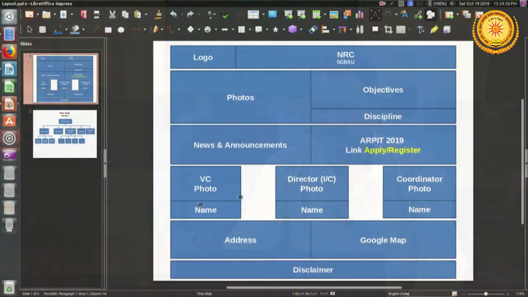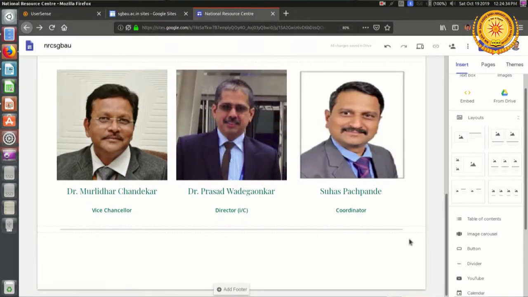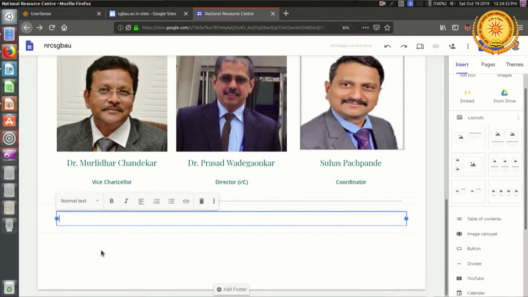So, now let us find what is the next object that is to be displayed on our home page. So, go to our layout. So, below these photographs we have shown the address and the Google map of our HRDC. So, go back to our site design. Here, since I have to add the address, which is of course the textual address, this time I am double clicking. So, again I will be shown with these options. I want to insert the text box. So, I have clicked here.